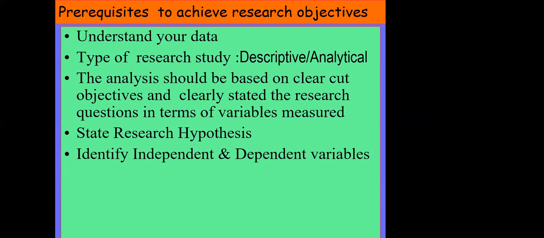So before you enter the variable, you should be very clear what is your dependent variable and what is your independent. For example, based on the amount spent on advertisement, you want to predict how much increase in the sales. So here the independent variable is advertisement and the dependent variable is increase in sales. Otherwise you will get a wrong interpretation. So you have to be very clear.